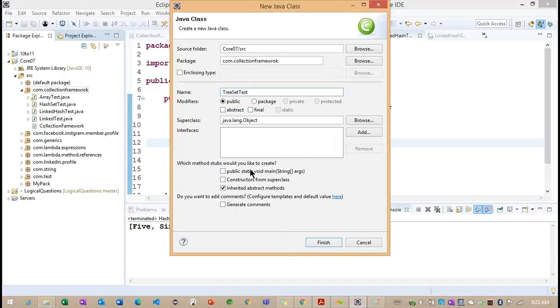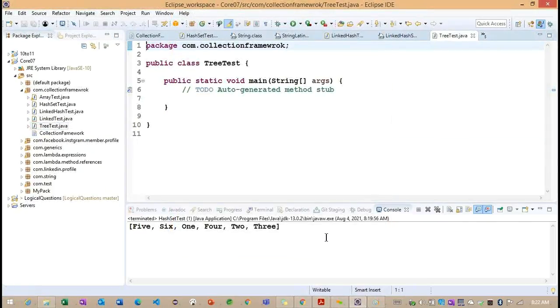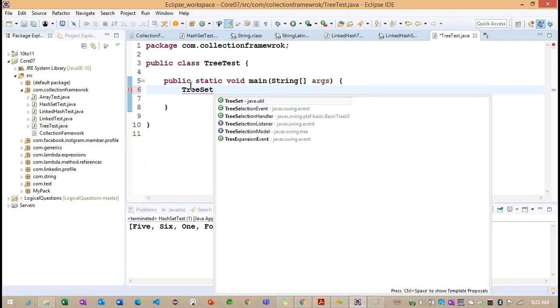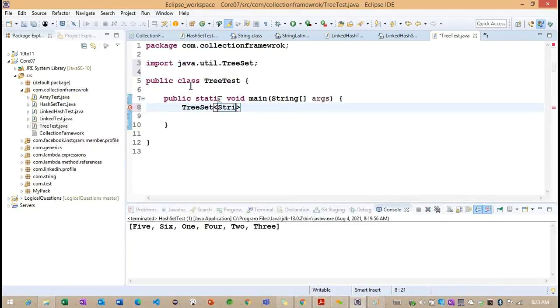I want to create the name of the class here, TreeTest, and inside this particular class I want to write the implementation and work with the tree set.